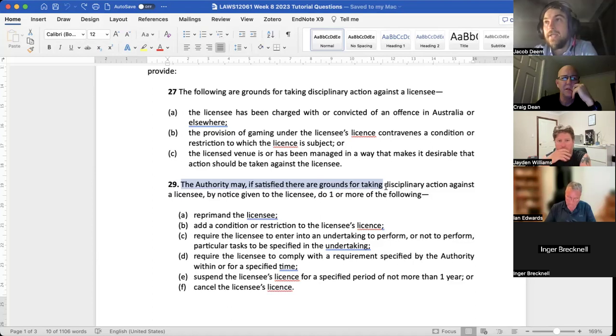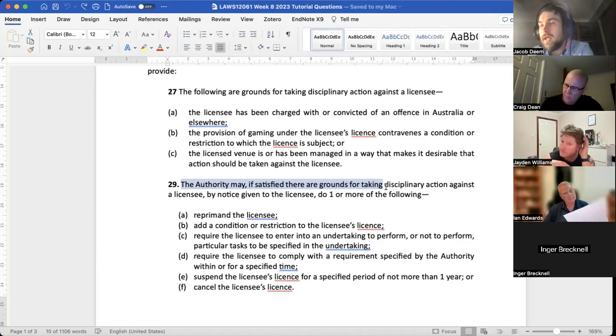or not. And so what that means in effect is that it's not open to us to say the authority couldn't have decided that there are grounds for taking the disciplinary action. We might challenge that issue in other ways, thinking about different grounds of review. We've talked previously about no evidence. If we thought that there was no evidence to satisfy the authority that there were grounds, we could go down